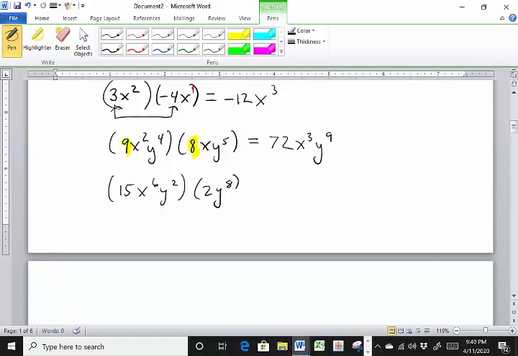Okay. Well, again, let's multiply the coefficients. So 15 times 2 is 30. Now, there is no x term where there's 2y to the 8th, right? So you just leave it alone. So you still have x to the 6th. It doesn't disappear. You still have it. And then y squared times y to the 8th is y to the 10th. 2 plus 8 is 10. Okay? So that's how you multiply